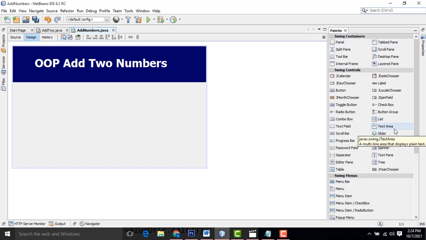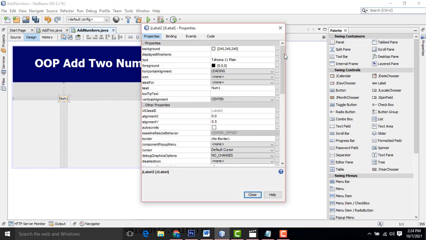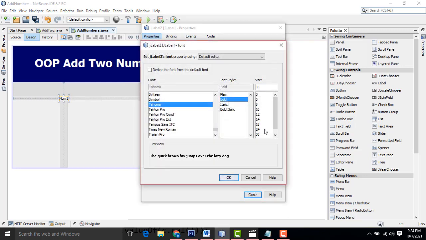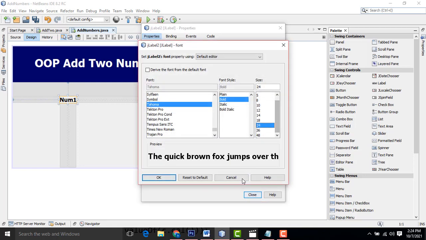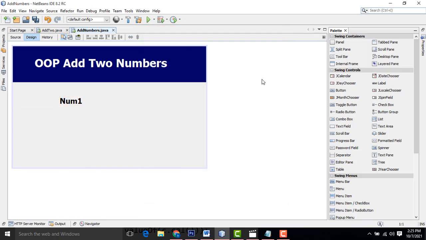You have to drag the labels. Where are the labels? These labels. This one, number 1. Select this one, right click, properties, font property, bold 18, select as 24. Ctrl C to copy, Ctrl V to paste below, 2. After that, drag the text field,